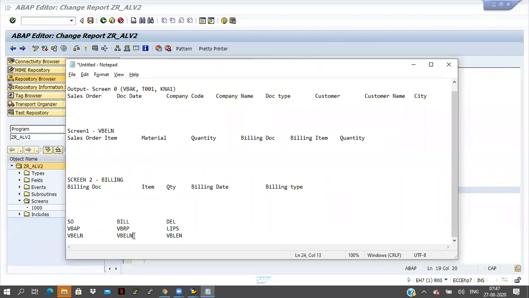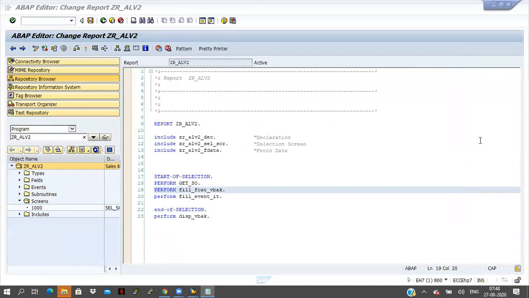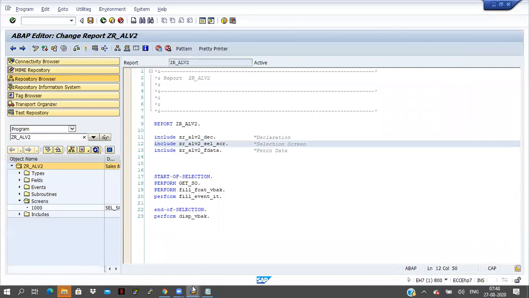Here also the same name is there, but here VBELN is used for storing the billing document number. So VBELN equal to VBELN is not the same here. And for delivery, LIPS is the table name, and here also VBELN is there; this is the delivery document number. I will show you at the transaction level.